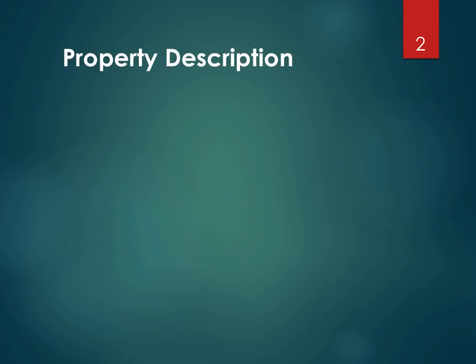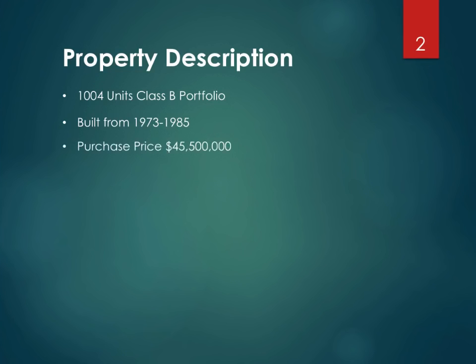Give you a quick description of the property. There are a total of 1,004 units, all Class B type properties. Pretty good shape overall, good areas. They were built between 1973 and 1985. The purchase price for all of the buildings combined came to